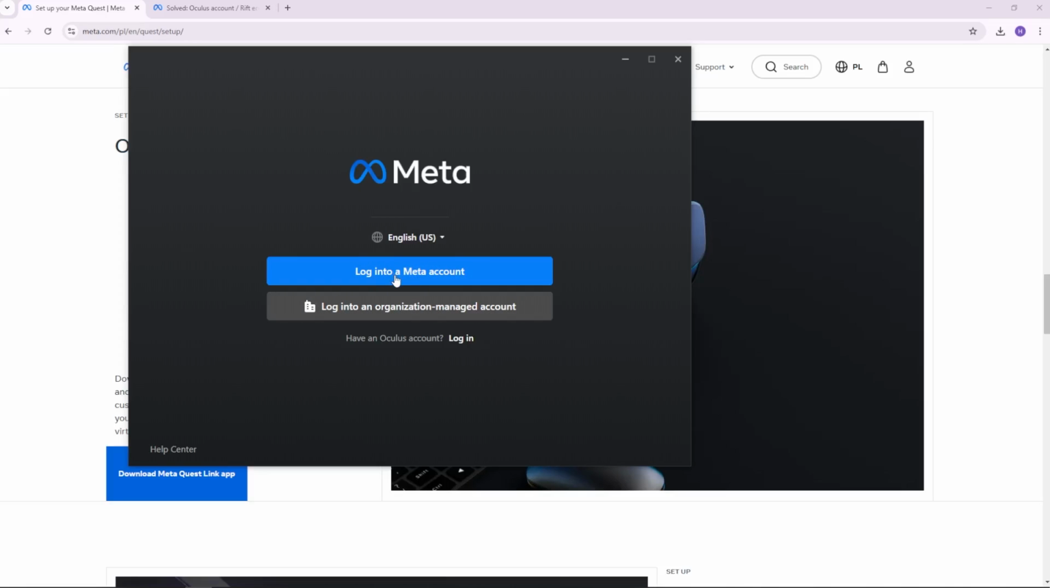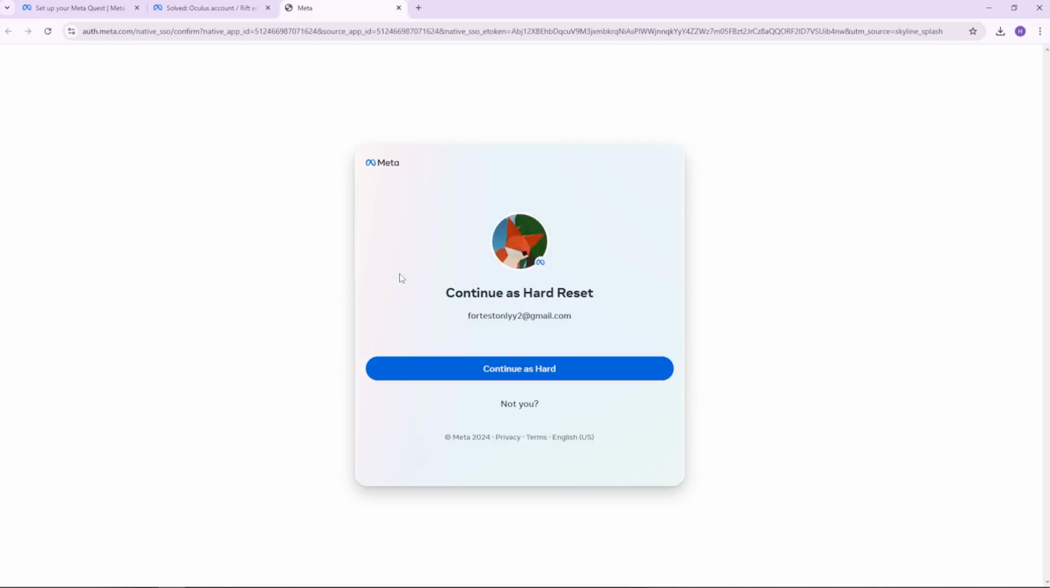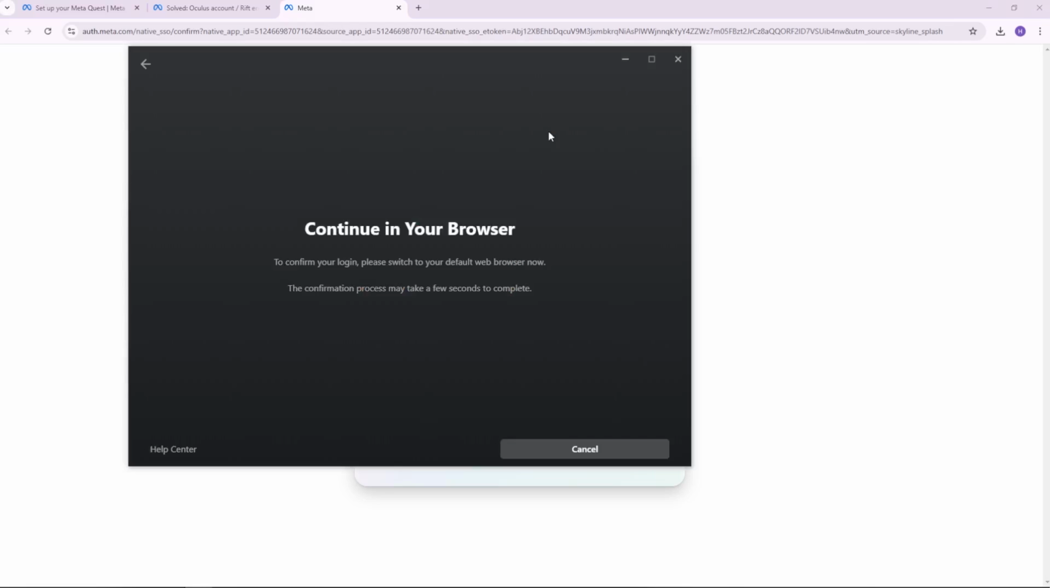So I'm gonna click on log into a Meta account, and now it asks me if it's me, and I can click on continue, or you can sign up. If you haven't yet, you can also click on not you to choose a different account. I'm gonna just go on. Then you need to click on open Oculus Client Exe,